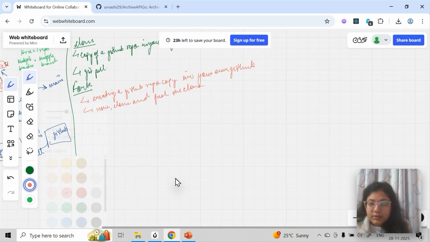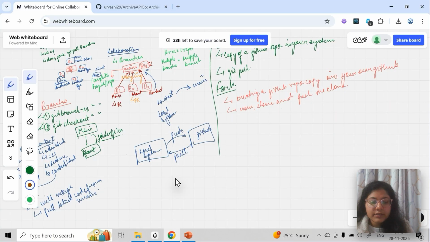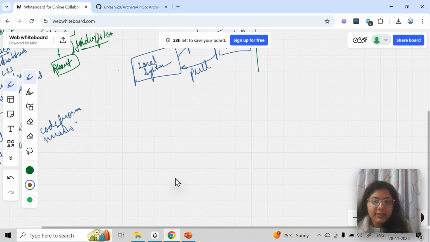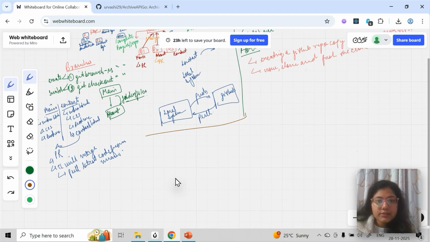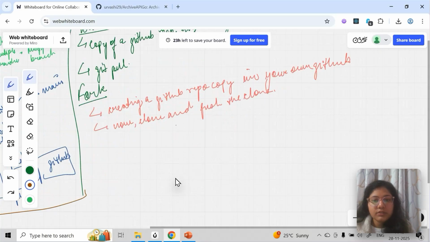Firstly, while we were talking about this, I'll just create a quick diagram, like a flow chart, so that you have clarity. So what is happening? First of all, we have git. Firstly you have to do the setup. I'll start from very scratch. So firstly we do the git setup. And GitHub, git, and let's do one thing. One second. I'll just write it on the right side, so that when you revise, you can see this.